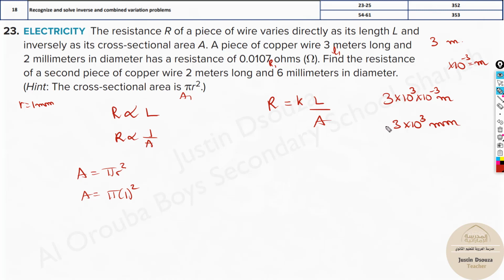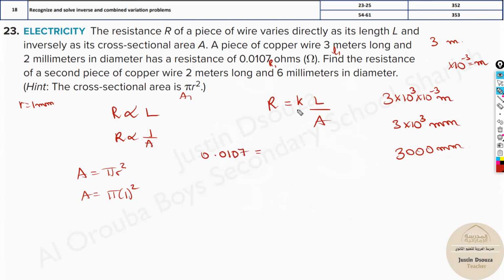So this is how we can write it. Otherwise, you just know 3 meters means 3000 millimeters. You can directly take this as well. Whichever you remember, please write it accordingly. Now let us substitute over here. So this resistance will be, now we know the resistance value, isn't it? Let's substitute the resistance value with